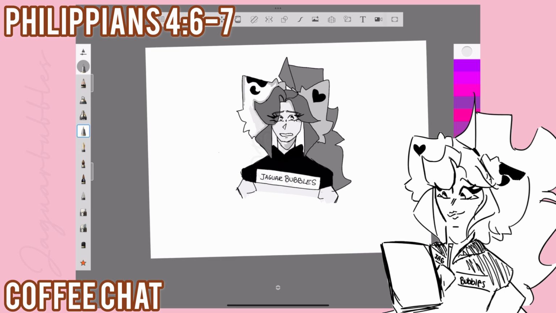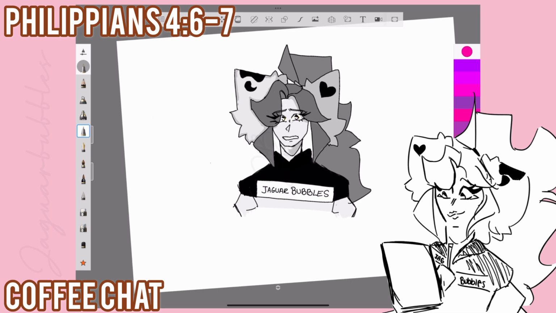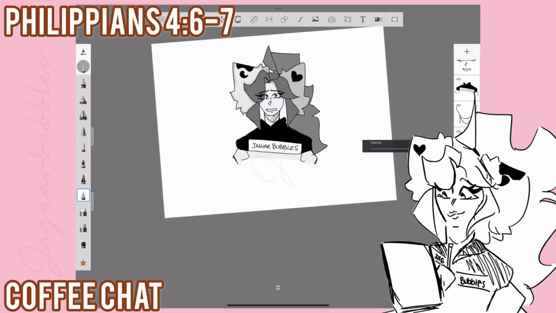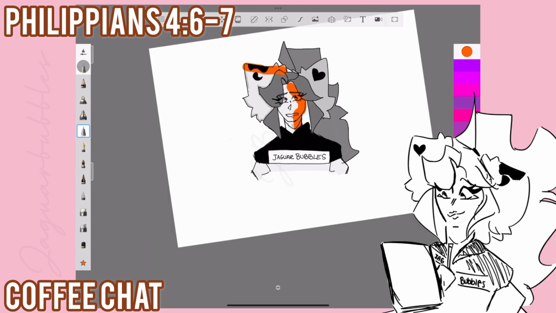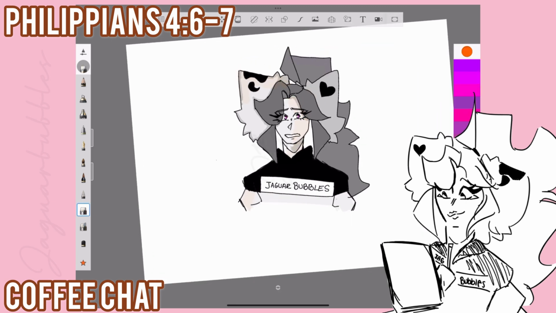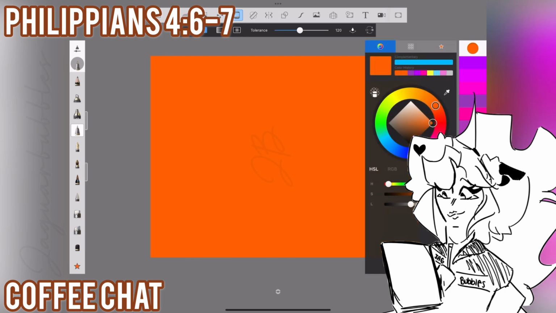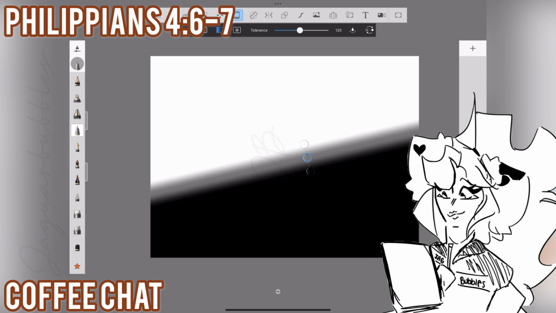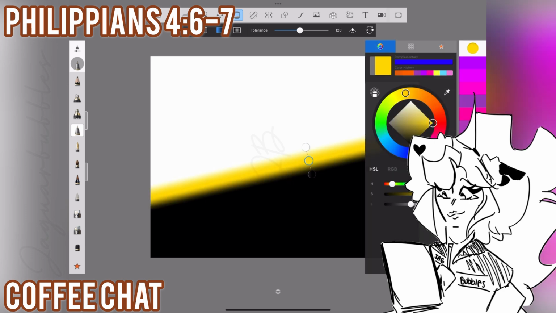Then AI became a thing and people got a little bit more nervous, because if you didn't know, AI actually does use real artists' artwork for its machine learning in order to produce these AI images. So it's basically stealing from artists, recycling it, and using it as its quote-unquote own product. These images are pretty easy to decipher as not coming from a real artist, but as it progresses, it's just a whole thing, and everyone's talking about it because, well, it's AI, and it's beginning to be implemented in a lot of places.